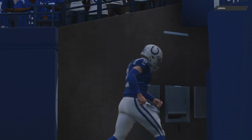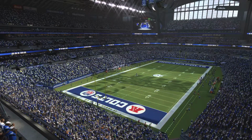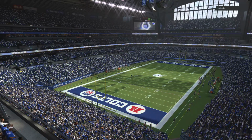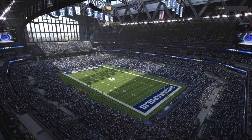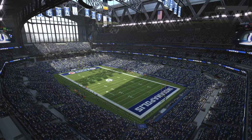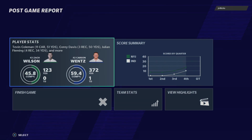So for the Jets, it's a win they needed, if for nothing else in their sanity, as they move to 4-6. And they'll get another road date next week, as their opponents will be the Pittsburgh Steelers. Meanwhile, for Indianapolis, it's a loss that'll drop them back to 500 through 10 games. And they'll be at home next week for a date with the Seattle Seahawks. So for our entire crew,